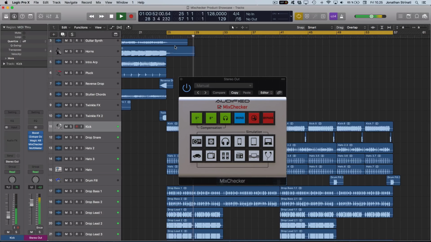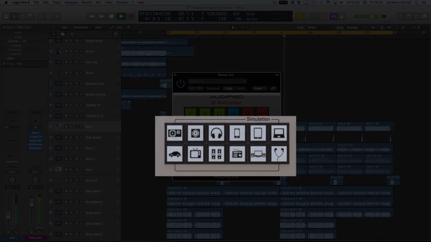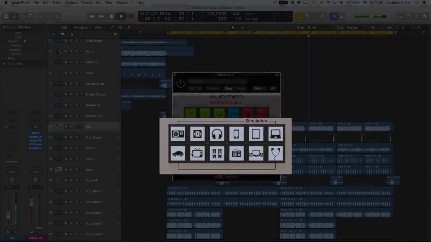So I've got my project I'm working on here, and in the studio the mix is sounding okay if you have the speakers turned up, the subs sounding nice, but cross-referencing across all these different playback systems is a bit of a headache if you have to bounce your mix down and then play it back off laptop speakers, or put it on your phone and then go and play it on your headphones or your earbuds. And MixChecker is designed to take that process out and just quickly cross-reference all these simulation systems,